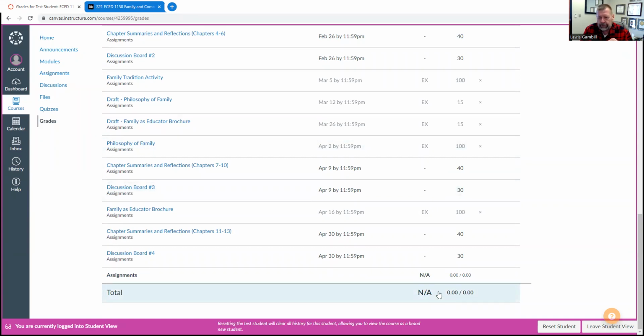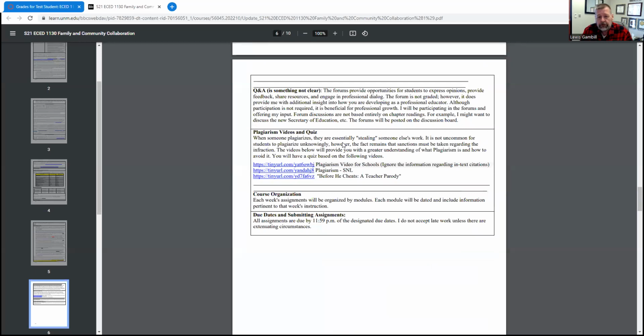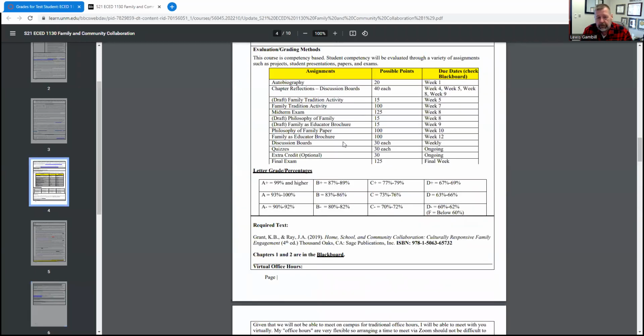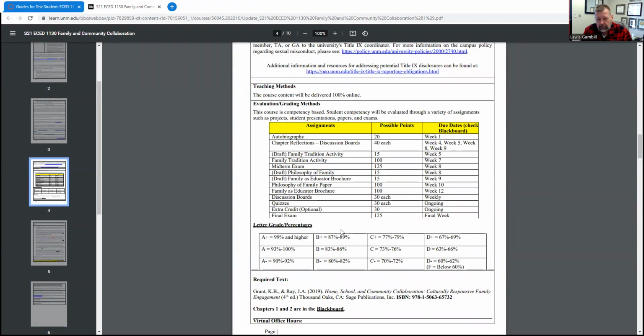Let's say the student ended up scoring 83%, and you're wondering what an 83% means. If you go back to your syllabus, when you see the grades, 83% is right here. So if I had to give a grade to that student at that particular moment, he or she would have a grade of a B.